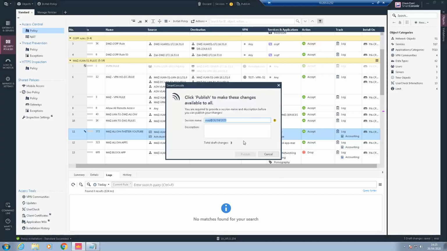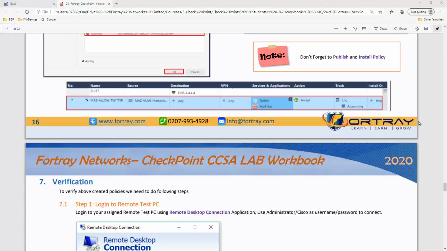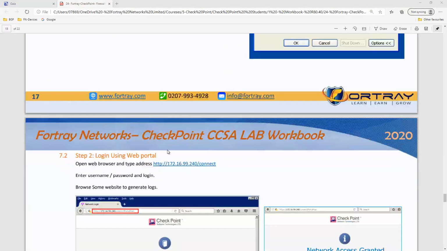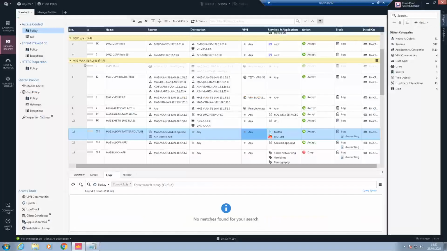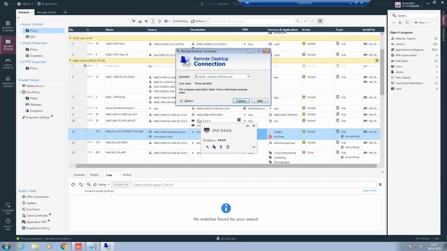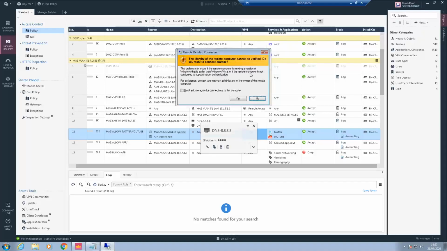So let's say I publish, this is applied now. We need to log into our test machine, your dedicated test machine actually. For example, I am logging into my own test machine, 151.